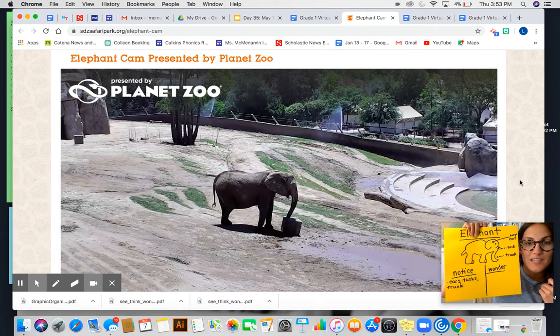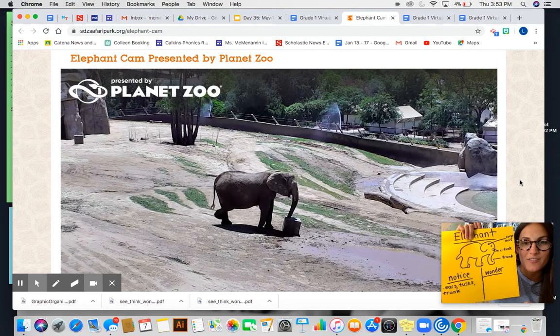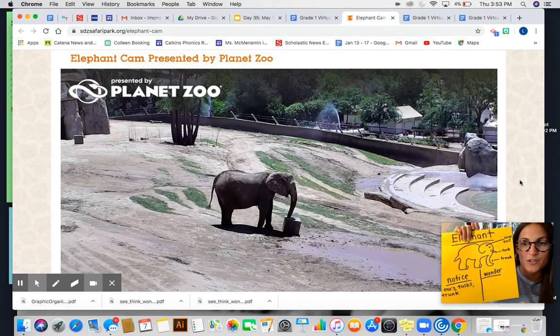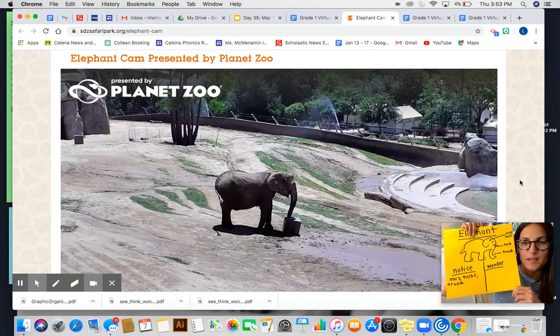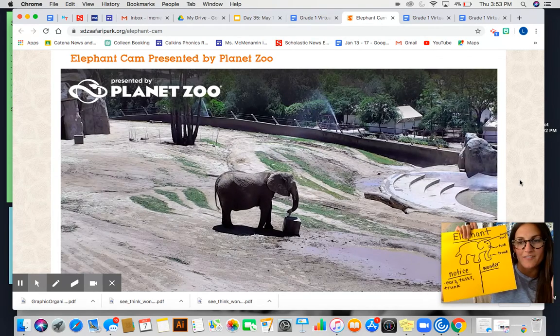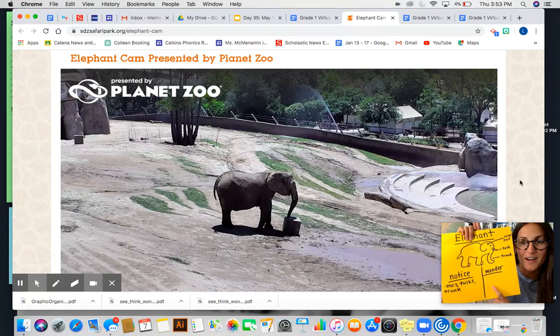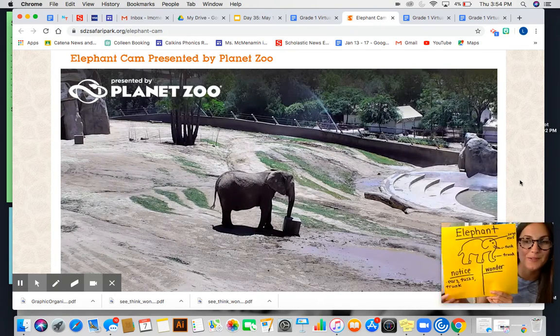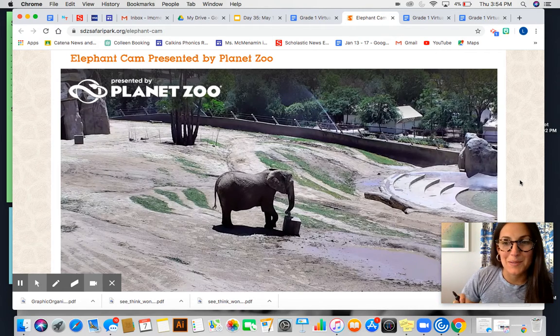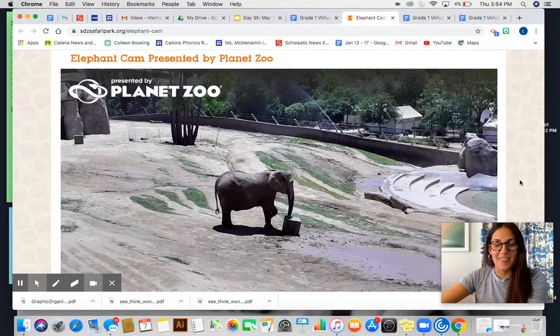Right now, he's using his trunk to pick different things up. So it's almost like the trunk serves a purpose of our hands for the elephant. So those are all things that I'm wondering that I can start to fill out here based on what I'm noticing. So I'm going to do that now while you guys keep observing the elephant,